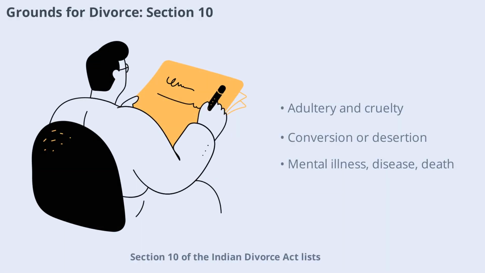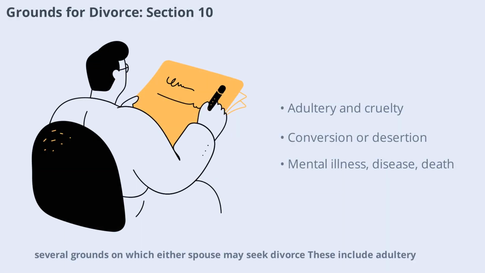Section 10 of the Indian Divorce Act lists several grounds on which either spouse may seek divorce. These include adultery, conversion to another religion, unsoundness of mind, cruelty, desertion, willful refusal to consummate the marriage, incurable venereal disease, leprosy, and presumption of death. Each ground addresses different circumstances that may make it impossible or unsafe for the marriage to continue, ensuring comprehensive protection